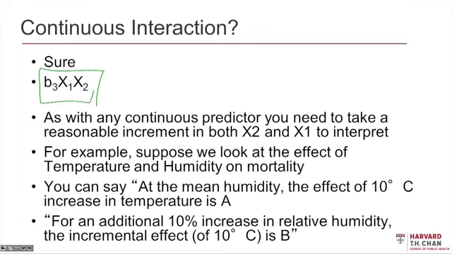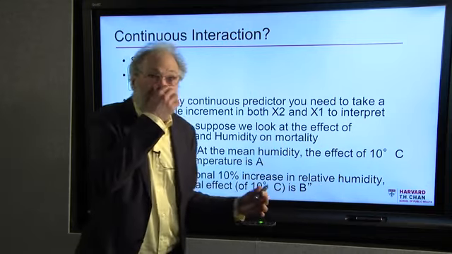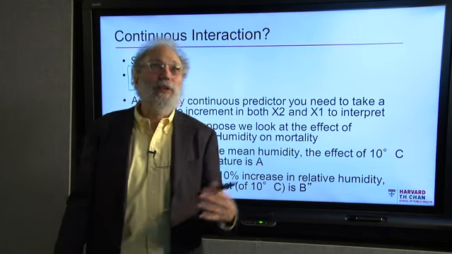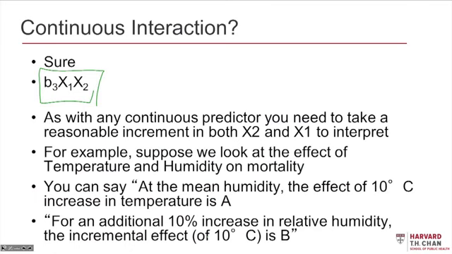And now you say, okay, I could put it in the model. SAS will give me a B3. It'll tell me if it's significant. What does this mean? How do I interpret that? Well, again, if I center my variables, x1 and x2, before I put them in, right, then I can say,